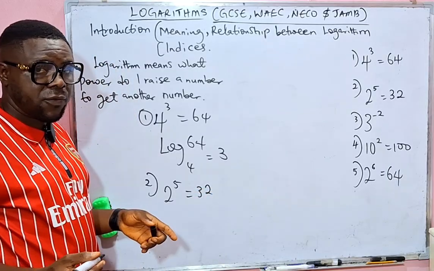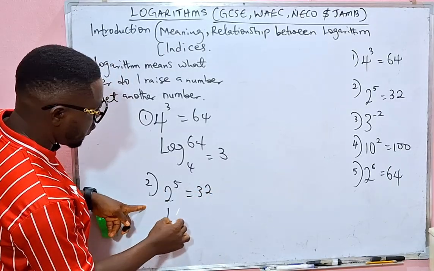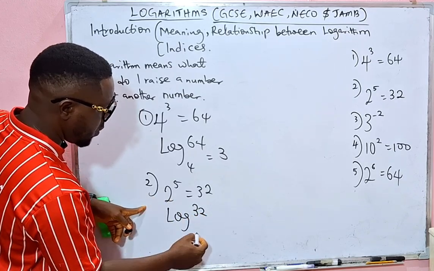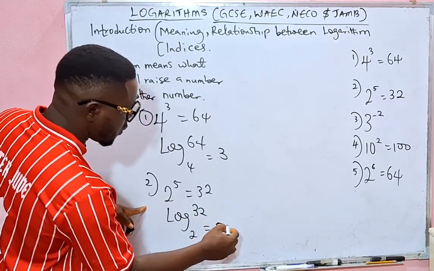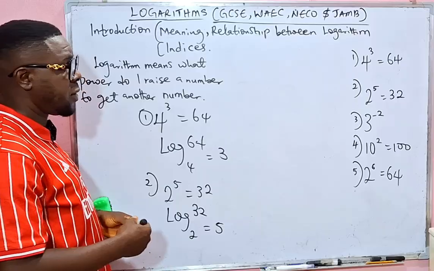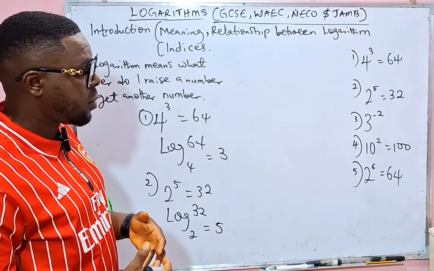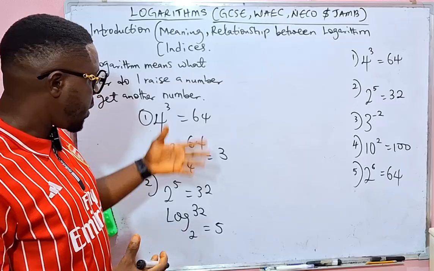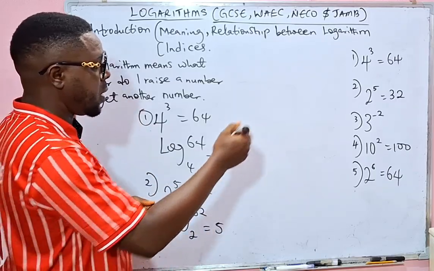The second one, 2 to the power of 5 is equal to 32. Let me change to logarithm. So this will give us log 32 base 2 is equal to 5. This is how to change from indices to logarithm. Now let's look at